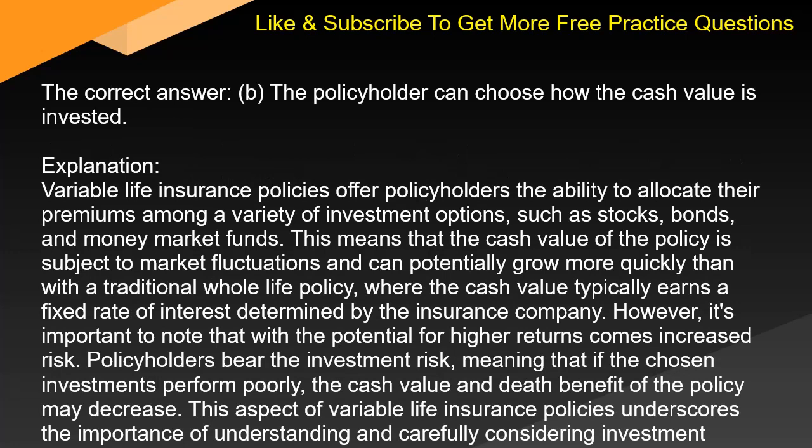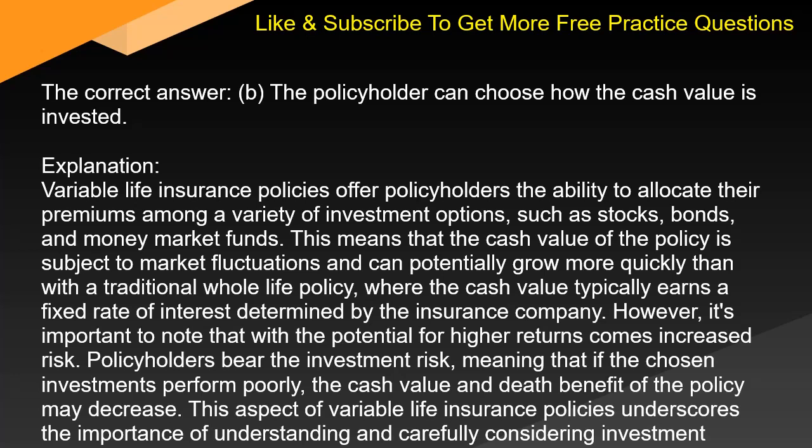The correct answer, B. The policyholder can choose how the cash value is invested. Explanation. Variable life insurance policies offer policyholders the ability to allocate their premiums among a variety of investment options, such as stocks, bonds, and money market funds. This means that the cash value of the policy is subject to market fluctuations and can potentially grow more quickly than with a traditional whole life policy, where the cash value typically earns a fixed rate of interest determined by